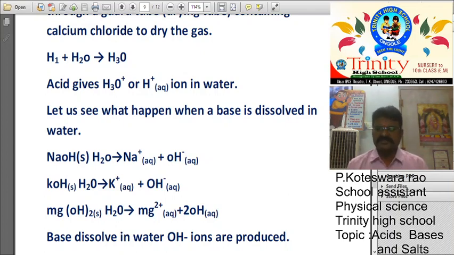And also we can discuss dilution. When acid or base is added to water, it decreases the concentration of the solution, or ions per unit volume. This process is called dilution, and that acid or base is called diluted acid or diluted base. And we already discussed the think and discuss questions. So these questions are very important.